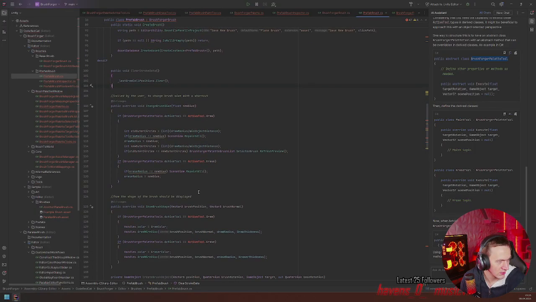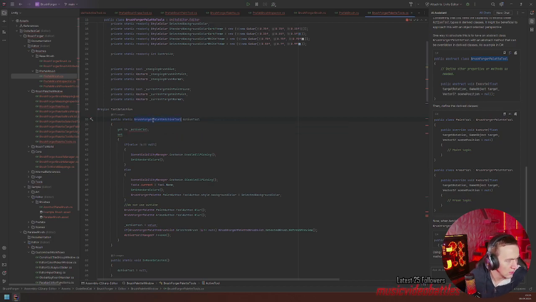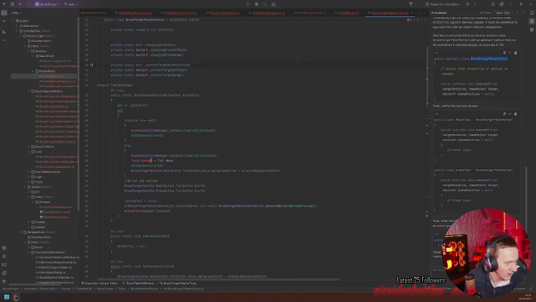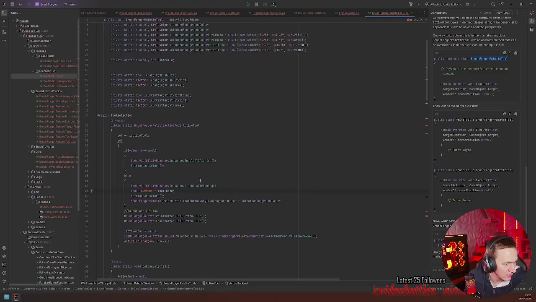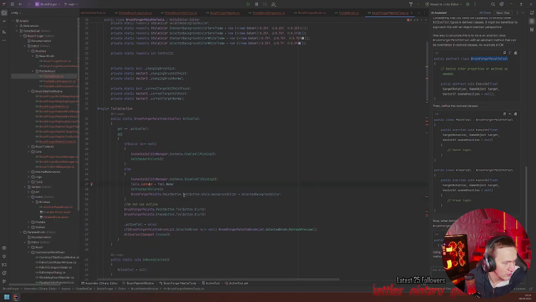Change brush size. So I currently change a lot of things here. It's current. Sure. Uh-oh.